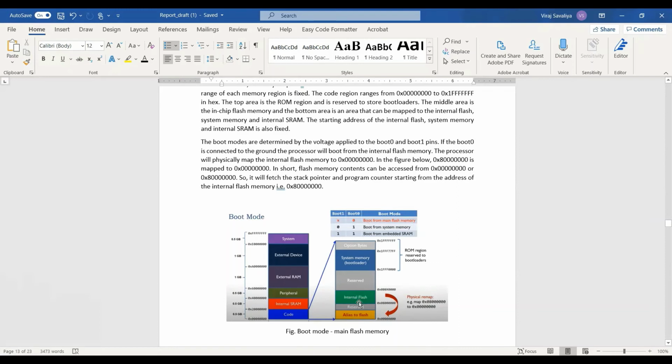So the code from the flash memory is mapped into the 0 address, and it is executed from there. And as the boot modes change, when it is 0 1, the code from system memory is mapped to the initial address, and when it is 1 1, the code from SRAM is mapped into the initial starting address. So these are the three boot modes present in STM32 microcontrollers.